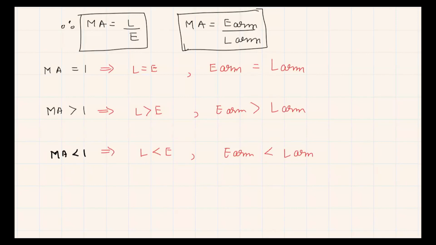When MA is greater than 1, the machine acts like a force multiplier. The effort is less than the load. So you have to move a heavier object and you can do that by applying a lesser effort. When MA is less than 1, it acts like a speed multiplier. That means whichever machine acts like a speed multiplier, helping you to do things faster, has mechanical advantage less than 1. And when MA is equal to 1, it acts like